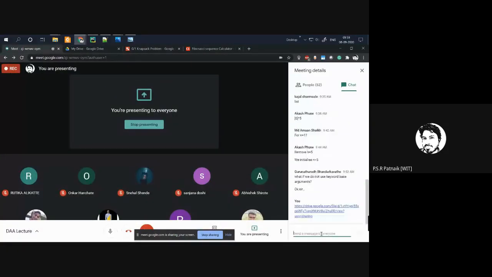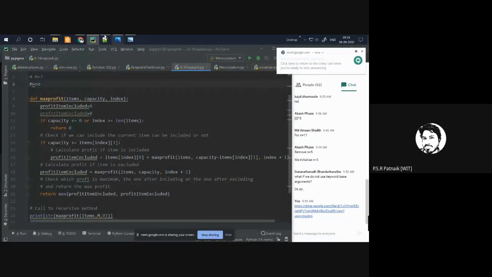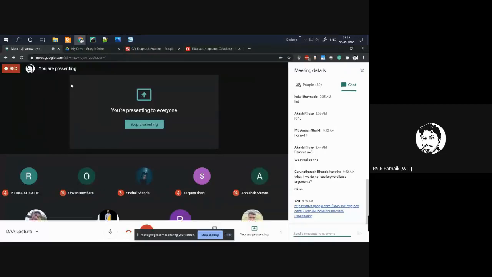Okay. Check this image and tell me, do you find any redundant recursive call in that? If you find one, then we'll go for memoization. The trick is for you to see that there is a redundant call in that.